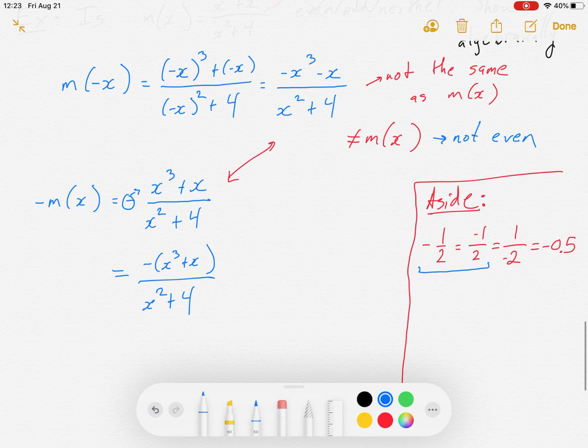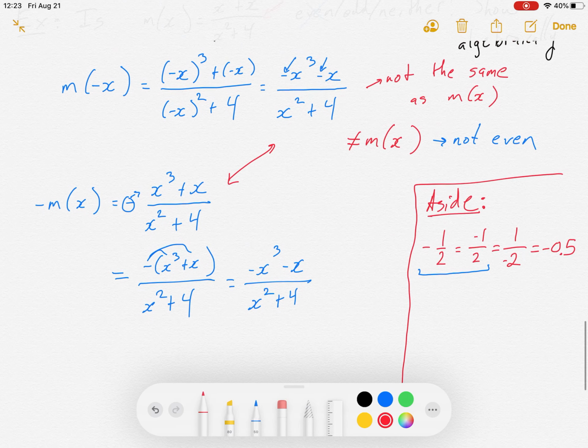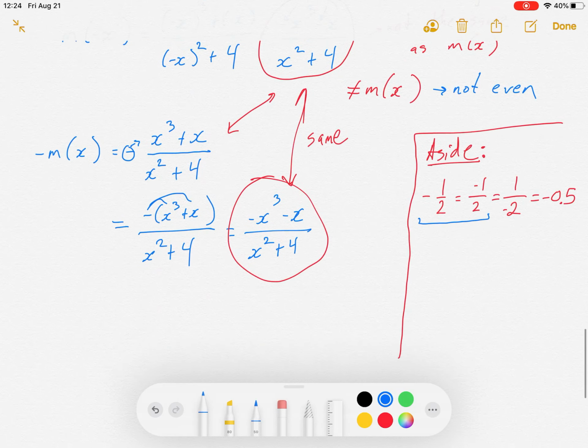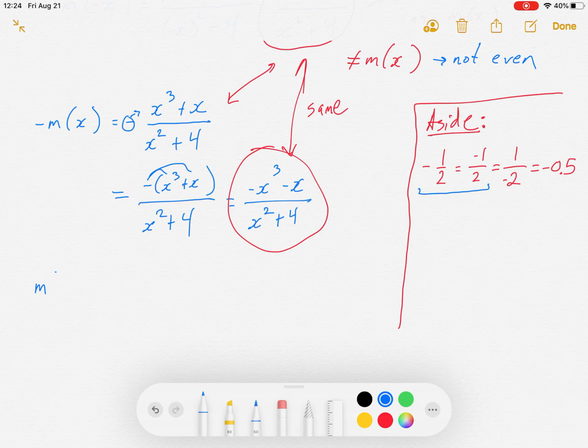So there's negatives up here in the numerator, and so that's why I decided to move the negative up. Distributing that -1 to each, I will end up with -x³ minus x all over x squared plus 4. At this point, if I was this imaginary student doing this problem, I would circle this one and I would circle this one, and I'd say, look, Mr. Edwards, these are the same. So therefore, m of x is odd